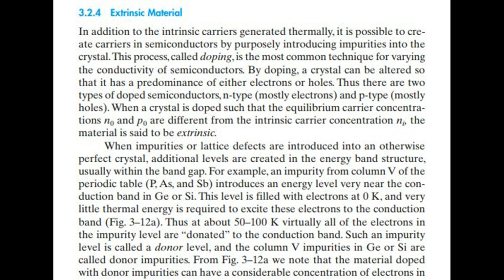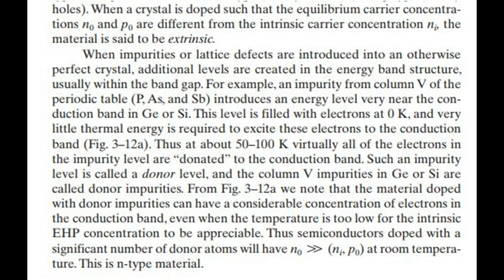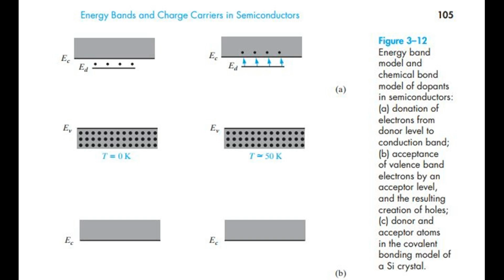From Fig. 3-12a we note that the material doped with donor impurities can have a considerable concentration of electrons in the conduction band, even when the temperature is too low for the intrinsic electron-hole pair concentration to be appreciable. Thus semiconductors doped with a significant number of donor atoms will have n0 >> ni, p0 at room temperature. This is n-type material. Figure 3-12 Energy band model and chemical bond model of dopants in semiconductors. (a)